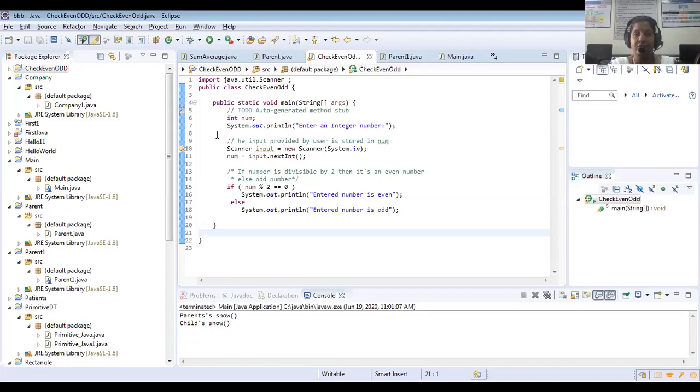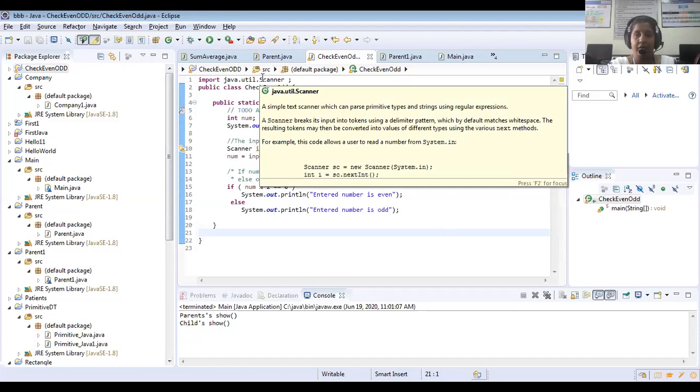So the first keyword should be import. Like I told you, in C we use hash include stdio, conio, like that. All your input and output related things will be stored in the util package. Generally, you can give import java dot util dot star, where star represents all.